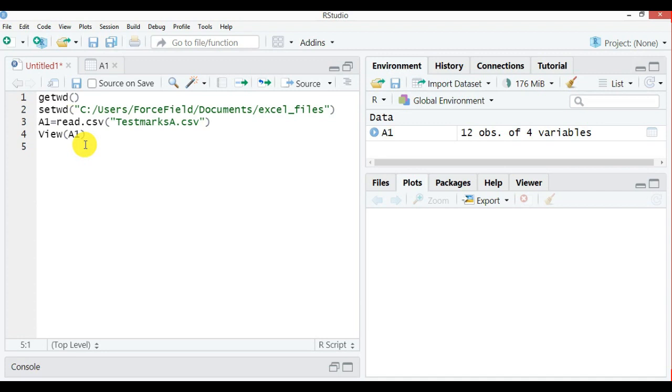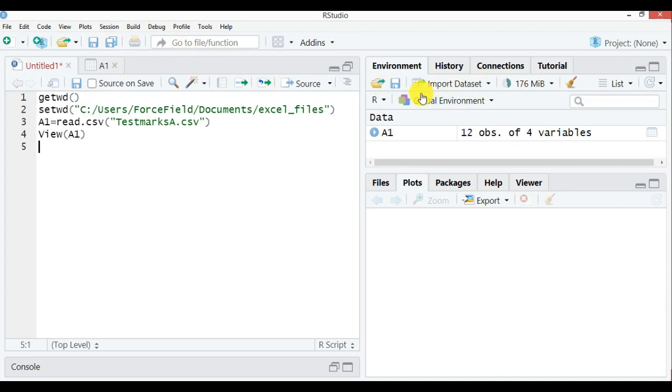The only effort that you need to do is to read your file as CSV. For the next method, you need two packages installed. The first one is readxl, and the second one is Rcpp. These two packages you should have with you.